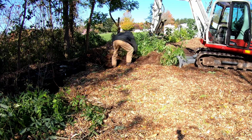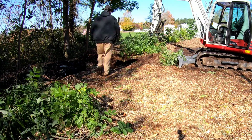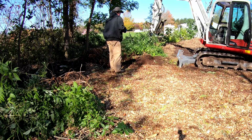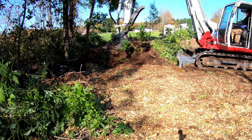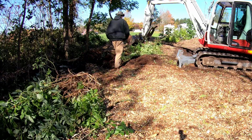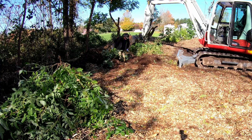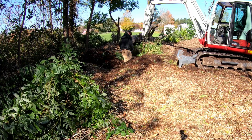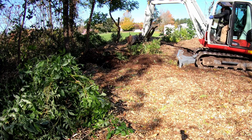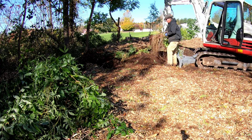So using Elon with a 3-foot bucket, I can really reach down in there and loosen up all the soil, and do as little damage as possible to the roots and to the trunks of these bushes. By getting them up and piled, I can cover them up and leave them overnight, and work on the rest of the area to try and get things ready